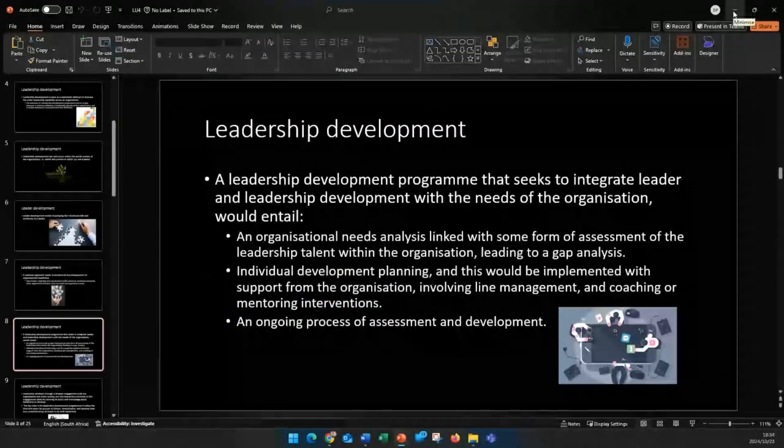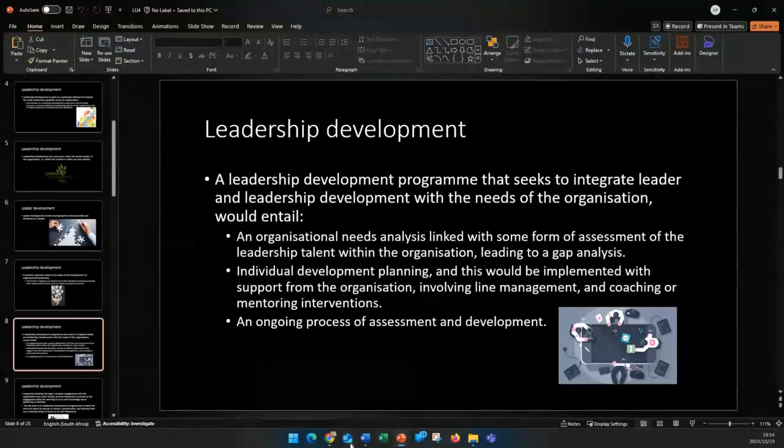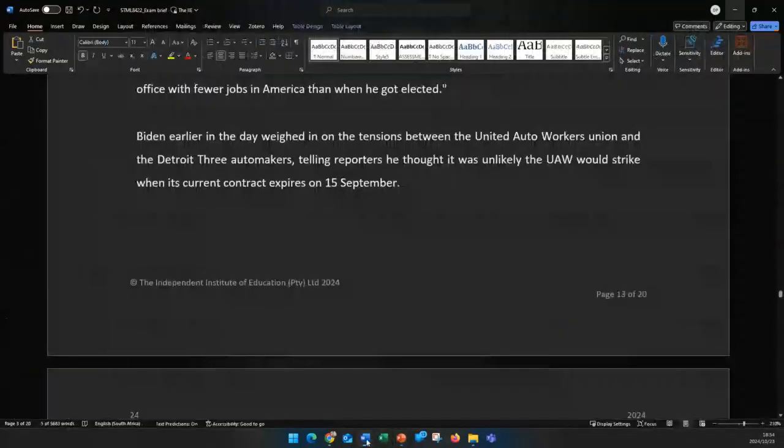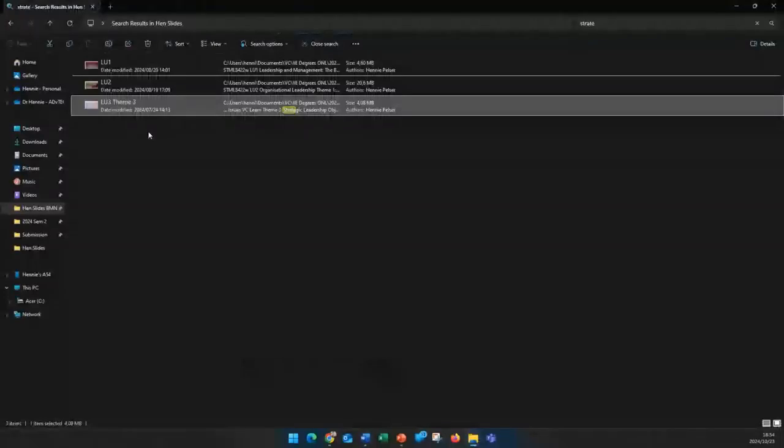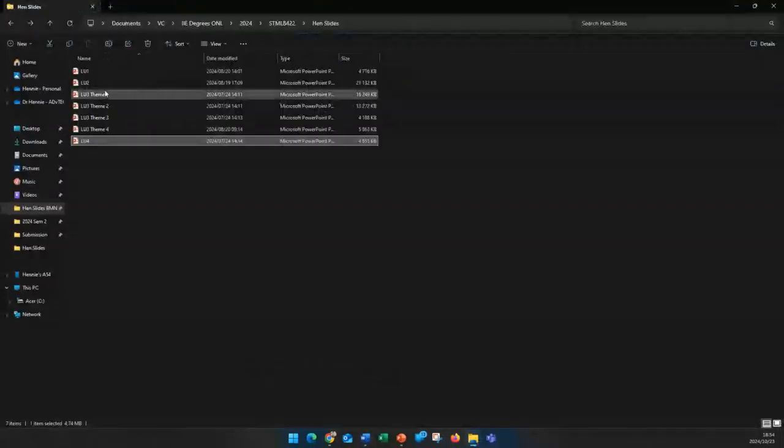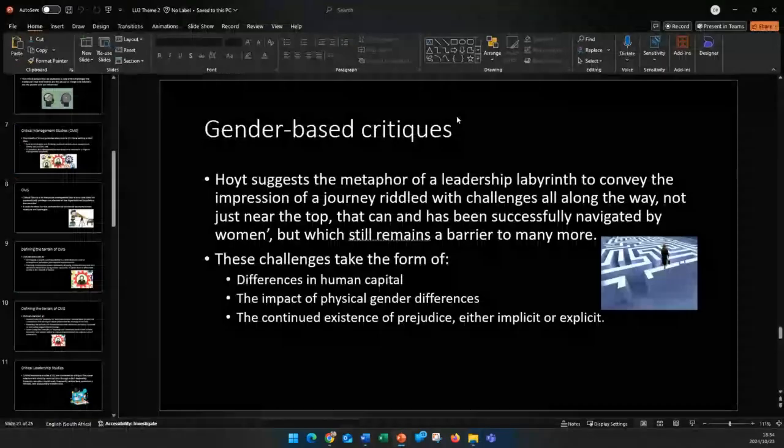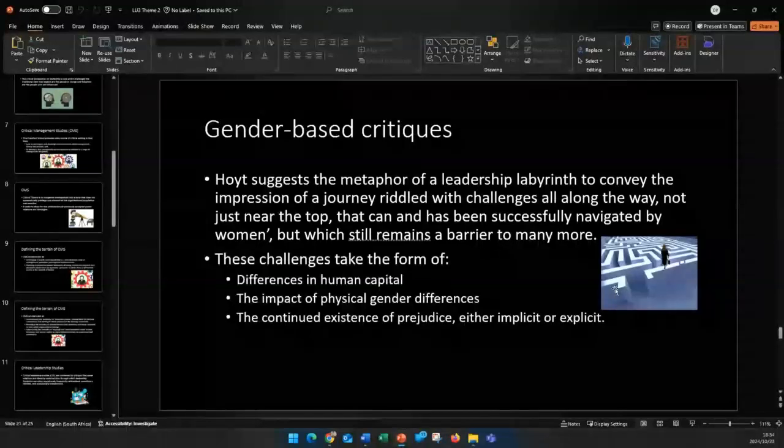And the stuff that I suggest you spot, I would be very surprised, guys, if we look at this case study here again, that I didn't ask something on critical leadership, in particular critical leadership from a gender-based critique perspective. I don't know why that slide's open. That's just pure fluke. But if we look at the challenges that someone like Carmelo would face,